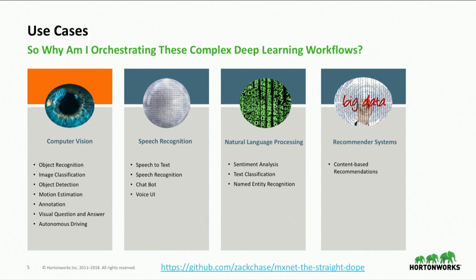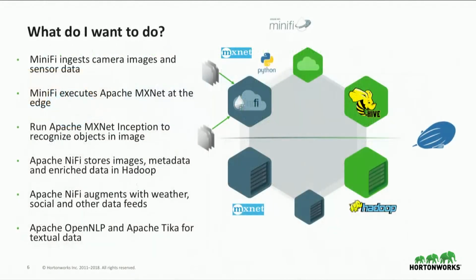Sentiment analysis, everyone's doing it. It's trivial. I'll show you a little bit of that. The named entity recognition's nice. I've added a component to NiFi to do that. So you could just pass your data through there and it'll pull out entities. That's kind of fun. This one's kind of old, but I needed another box. So if you want to do recommendation systems, you probably have something to do that already. What do I want to do? Move some stuff around, do some things with it.